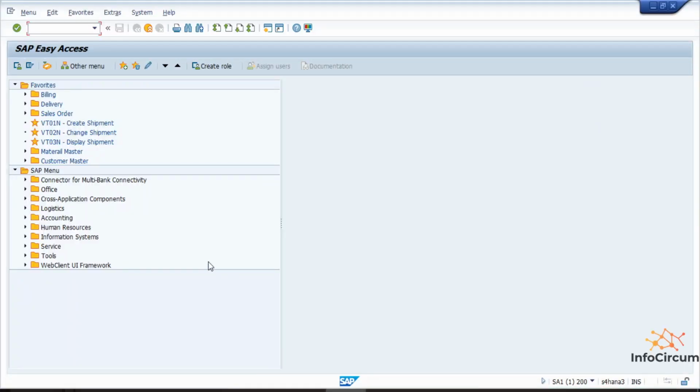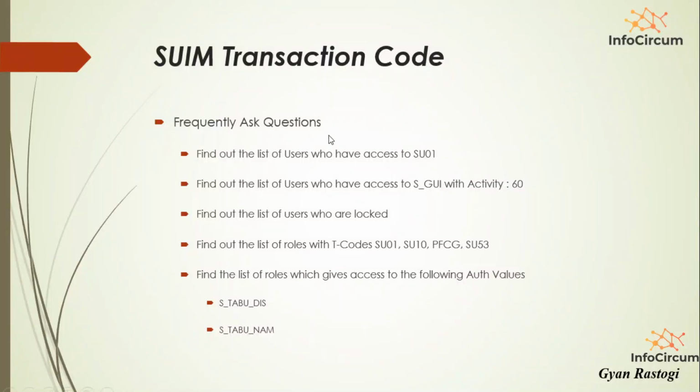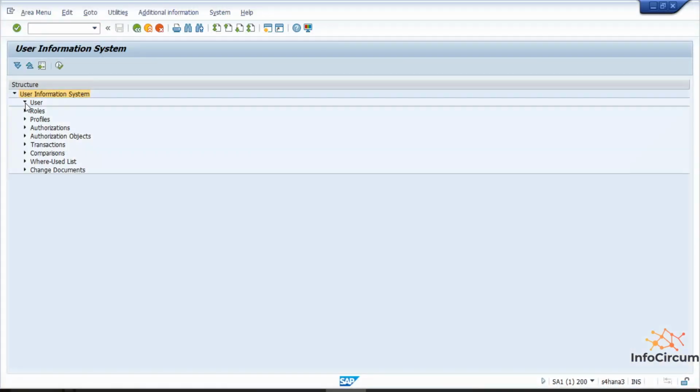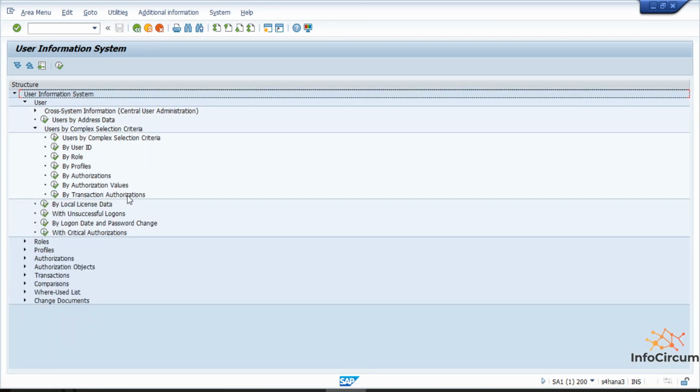Now go to the system. See, what we have to get with this is the list of users. Okay, so we have to go to the node user. We can find out the list of users with the help of these nodes, but I will prefer the complex selection criteria here, because it will contain all the things.